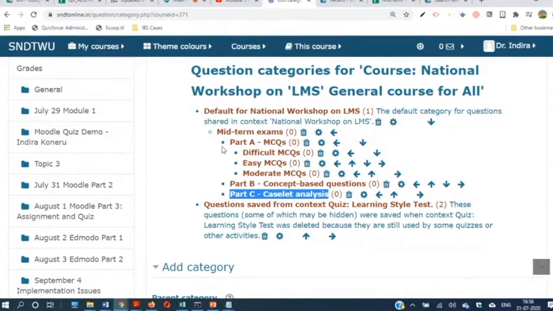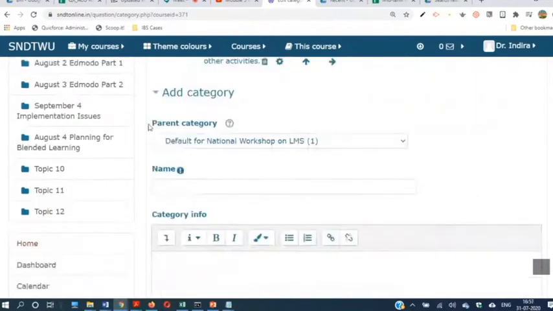So for that reason, we have created this parent category as midterm exams, and Part A as a subcategory of that. Again, we have finished creating difficult MCQs, easy MCQs, and moderate MCQs. Then under Part B also, I'll follow the same. For that, I need to scroll down here and change the parent category.